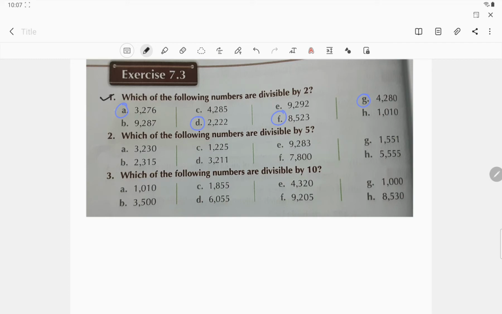So I will tell you only these problems, and the rest of the part you have to do by yourself, right? Now I'm telling about A. It is given